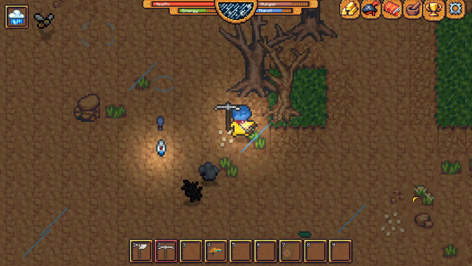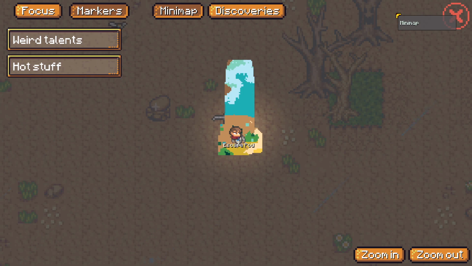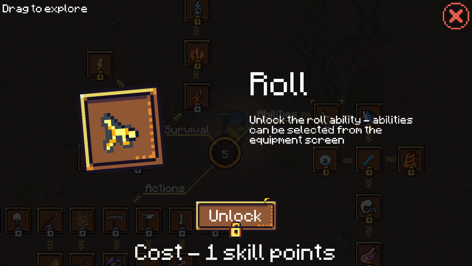Oh, so it's going to be like active abilities and stuff. Okay, where's the equipment and abilities screen? Yeah, there it is. So it looks like we are level 4 mining. We're doing a slightly better job. Ah, there's our skill tree. Oh, yeah, there is. There's like a little skill tree over here. Okay. What stuff are we looking at? So we've got roll right there. Unlock the roll ability. Abilities can be selected from the...